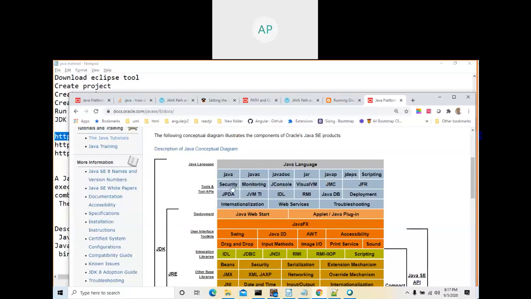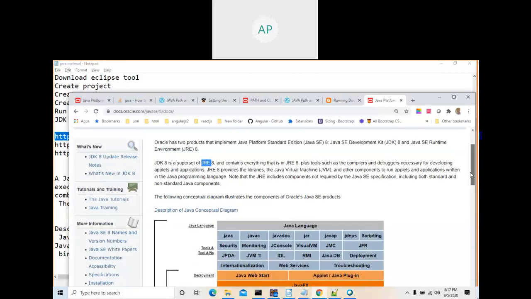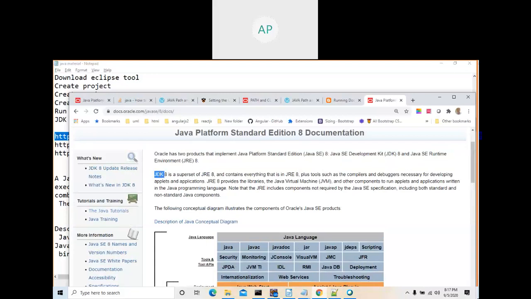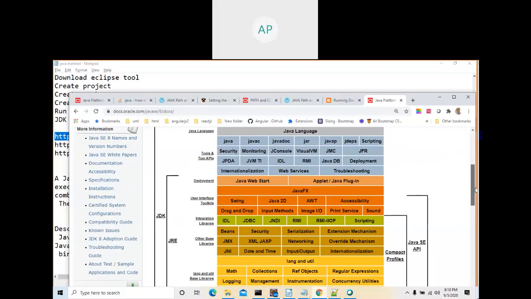JDK contains these and JRE. That's why they say JDK is the superset of JRE, because JDK contains everything including JRE, whereas JRE does not contain these things. This is not a part of JRE, but let us see what is available in JRE.